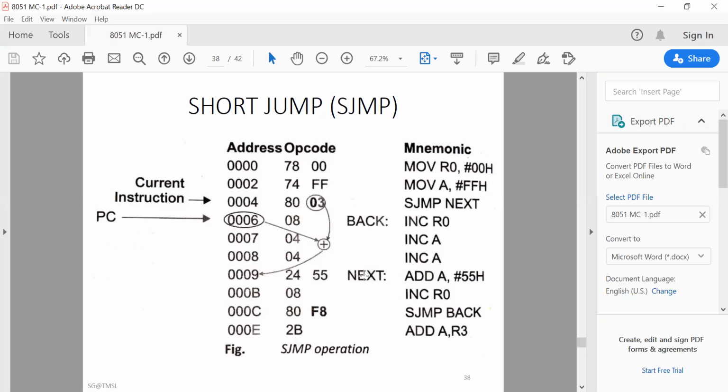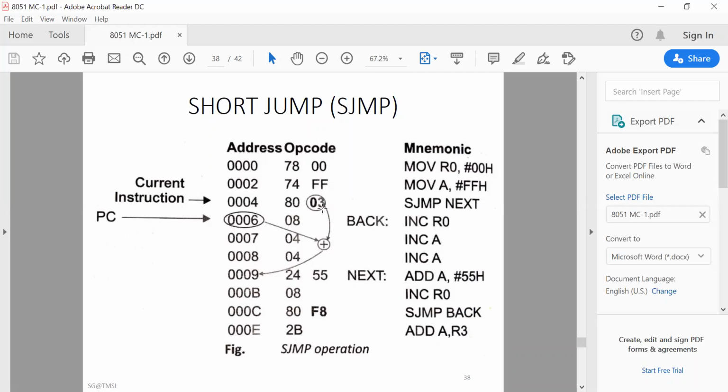Now you can't write 0009 here in this position. Always with the SJMP instruction, you have to write an 8-bit address. So 0009 will be your actual address, and the program counter is here in this position. If 0009 is here, this will be 0006. So how many locations does the microcontroller need to jump? 0009 means 09 minus 06. That will be 03. So you have to put 03 here. That's why 03 is calculated in this way. And that is called the short jump technique.